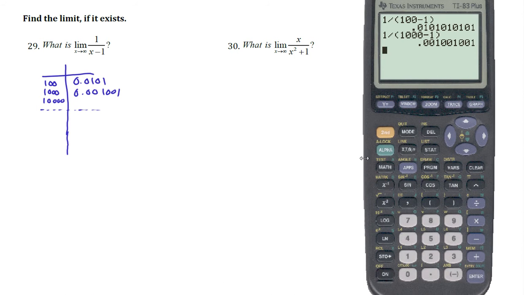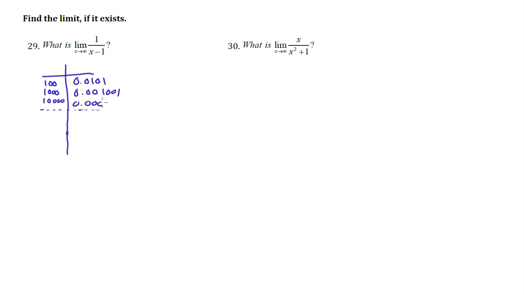Okay, and then if we do 1 divided by 10,000 minus 1, that gives us e to the negative 4. So we're going to move the decimal back over 1, 2, 3, 4 spots. So that's 0.0001. So as you can see here, this is getting closer and closer to 0 with the bigger number that